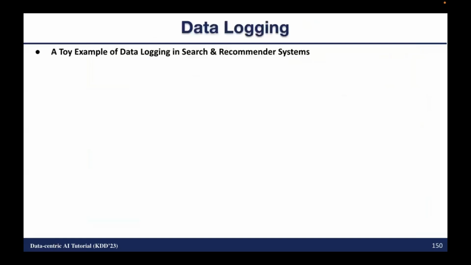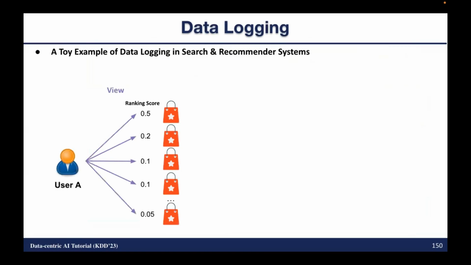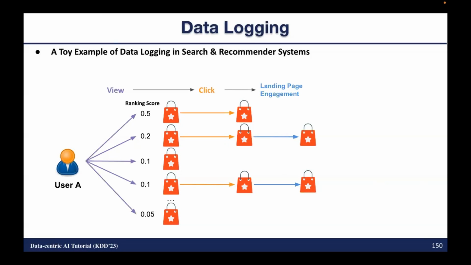we have talked about how a user can engage with items online a lot, and as we said, we are going to log this information. What does it look like? Imagine you come to a search recommender system, you see there are 5 items here, ranked by their ranking score. Some of them, you are going to click on, get into their landing page. Their landing page can contain more detailed information about these items. For example, you can